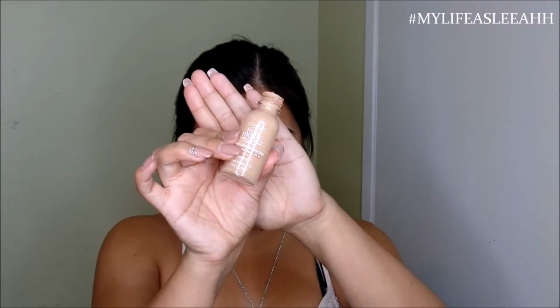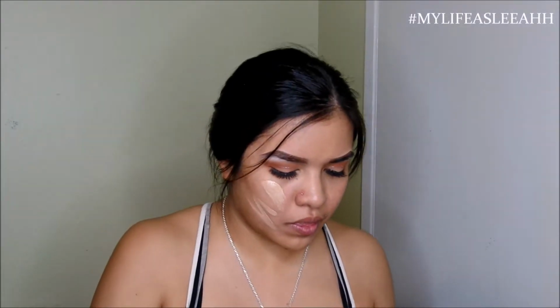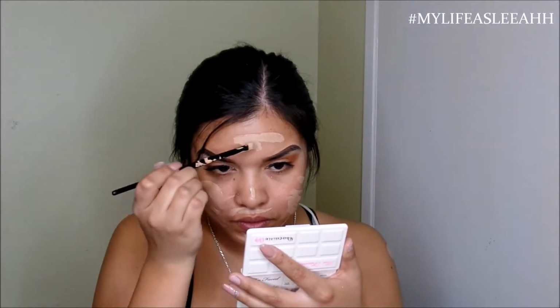Next, using the L'Oreal True Match Foundation in True Beige, so it's N5. I absolutely love this foundation. It's my favorite drugstore one. So we're going to go ahead and apply that all over our face, and then you're going to take a